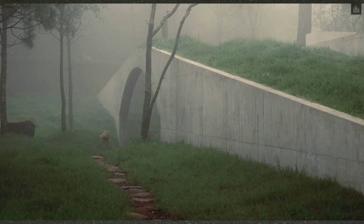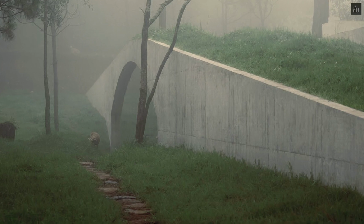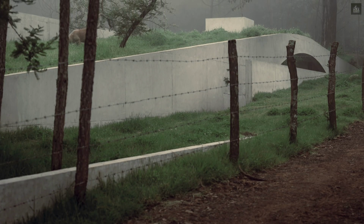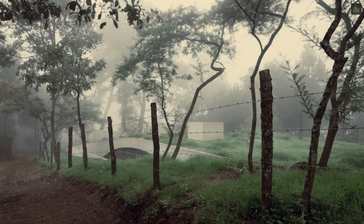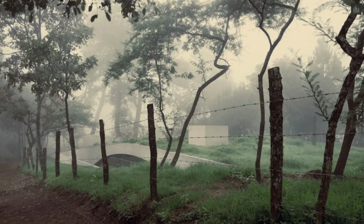The project, known as House on the Hill, or La Colina Frente a la Cañada, is a striking work by HW Studio, a Mexico-based architectural firm. It is located in El Vaquerito, Mexico, and is defined by its integration into the natural topography. Rather than standing above the land, the house becomes part of it, forming a new hill that merges seamlessly with